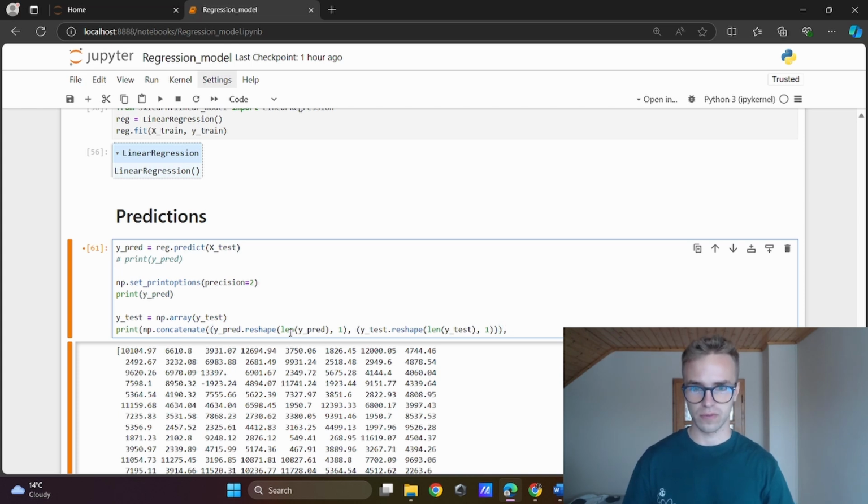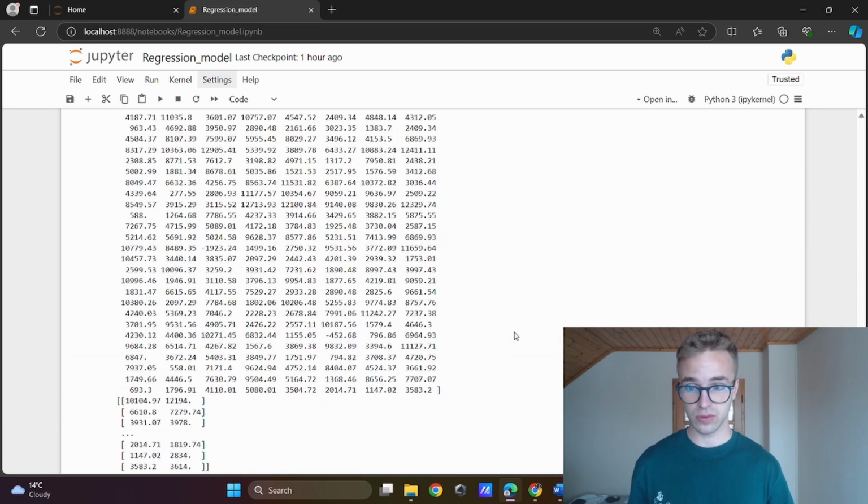I'm missing one thing, I have a mistake here with the parentheses. There is no need for these parentheses. This was the first parameter, and the second one is number 1. So I need to concatenate it as 2 columns